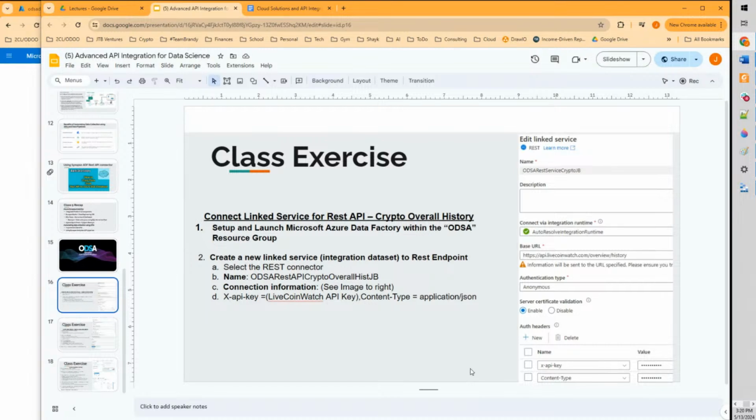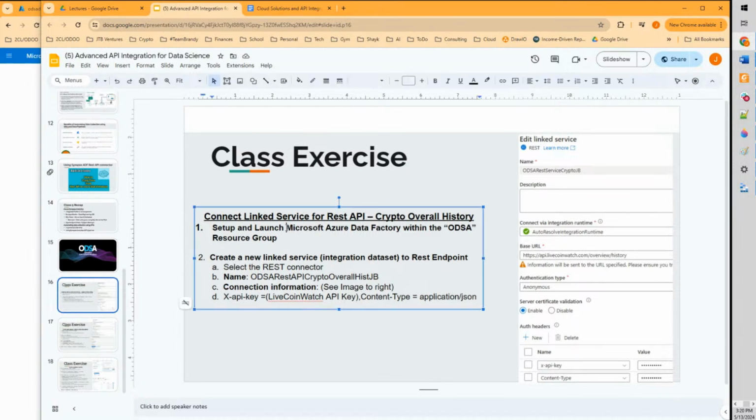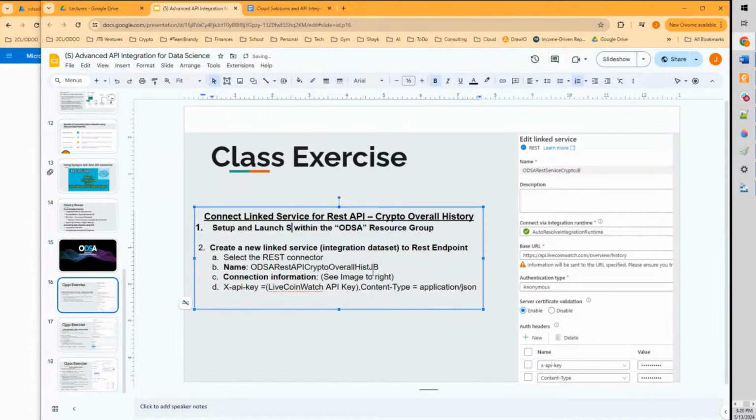Now we will fully automate this process by connecting directly to the overall crypto history on the REST API and automating that data feed via Synapse Analytics pipelines. We will do that in this example, and we'll actually set up and launch Synapse Analytics